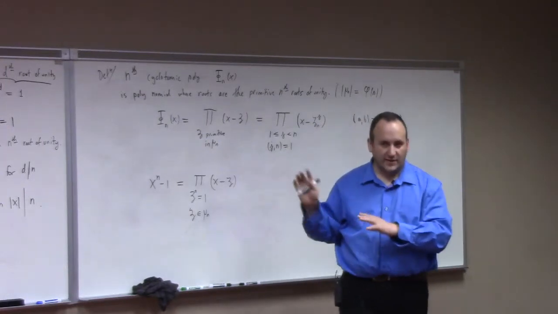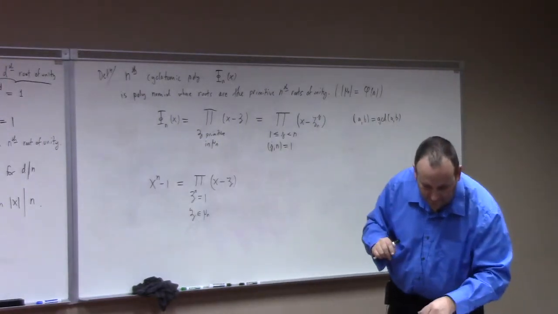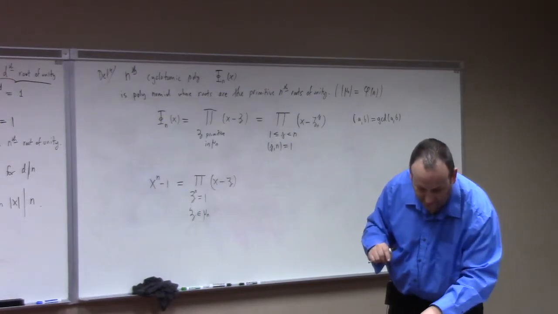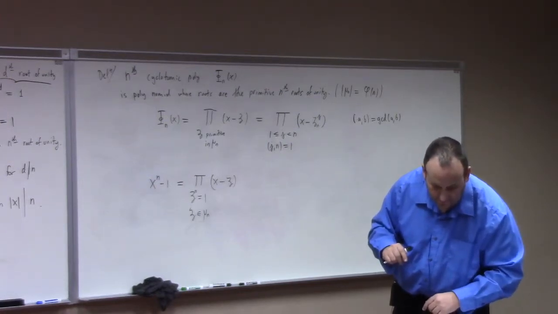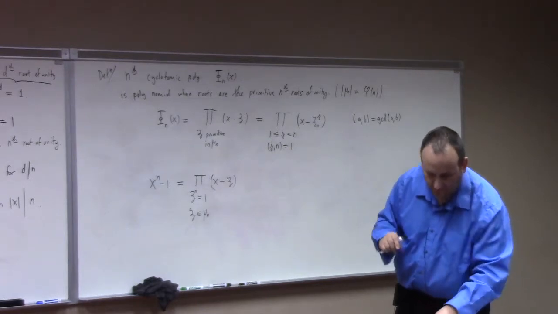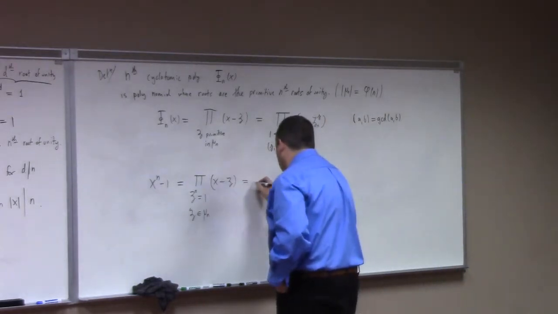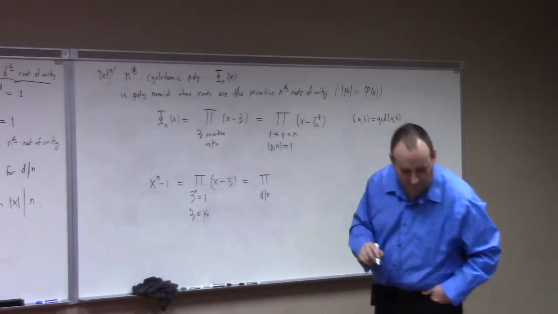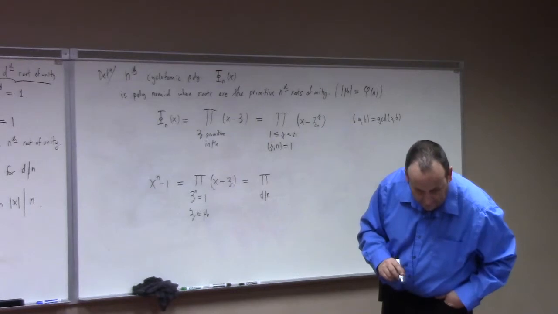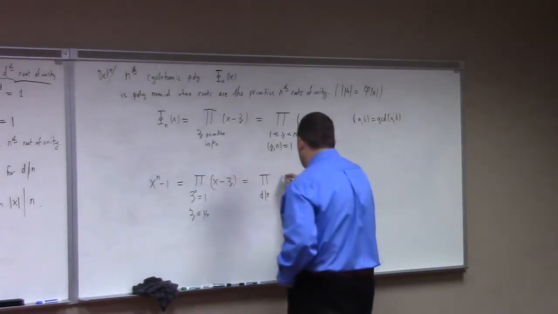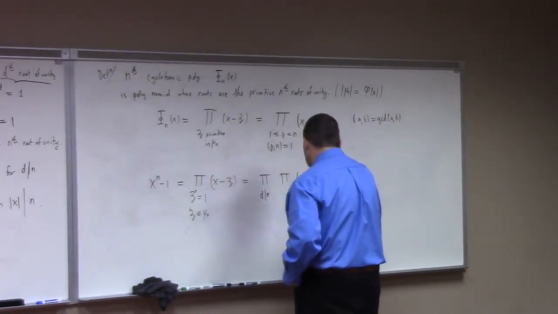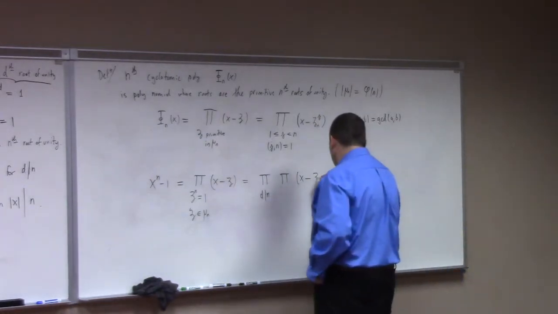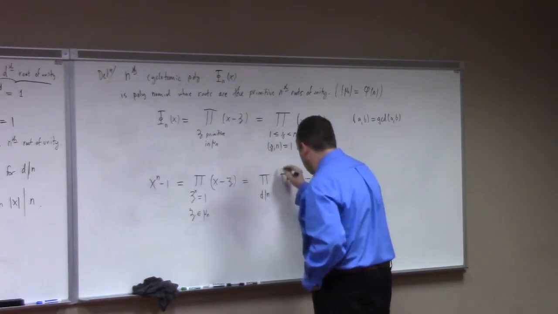Now, what he points out is something kind of exciting. He says what you could do is group together factors x minus zeta, where zeta is an element of order d, and take the product and regroup things. The product over d that divides n, right? Take those ones, and then you multiply together x minus zeta, and this inner product,